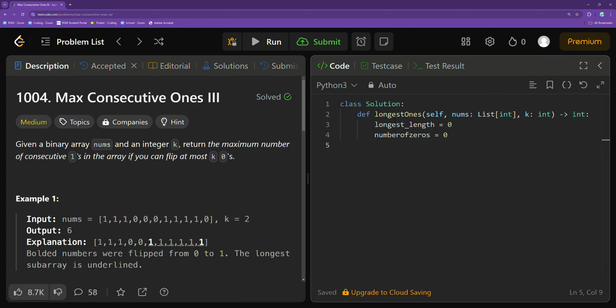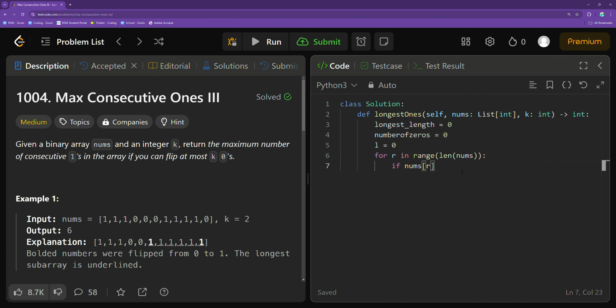So we'll use a two-pointer technique here to keep track of a window. I'll have the first pointer, L, equal to 0, or the 0th index, and I'll use R to expand through the array. So I'll say for R in the range of the length of nums, right, if nums at that R, the current element that we're looking at